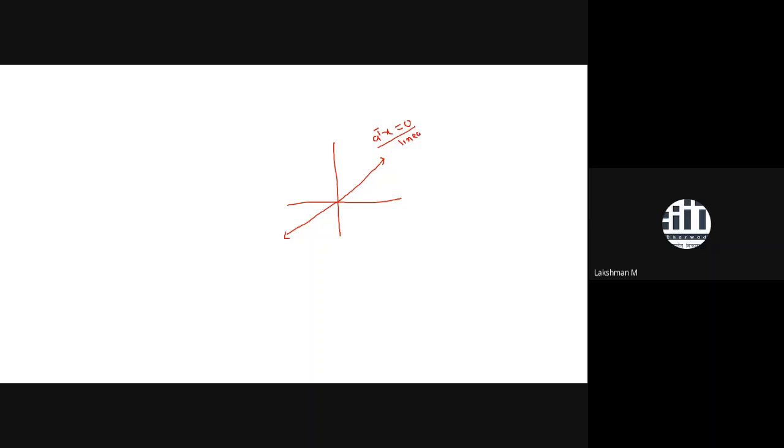Okay, if you take a hyperplane which is not passing through the origin, but is parallel to the same hyperplane, how do we write it? A transpose X equal to B. That means we are taking the same linear A transpose X equal to 0, and moving in the direction of the normal. This is the normal direction. How many units have you moved? B units. So you shifted the linear space by the amount B.